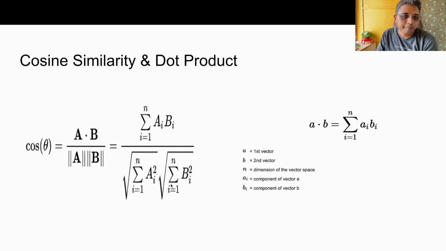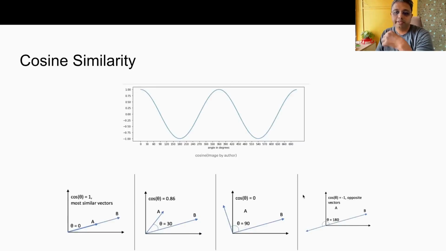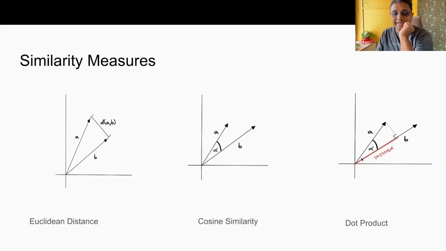When we are dealing with two vectors, let us say A is a query and B is a document. If you normalize the vectors into unit vectors, as shown in this diagram, then as per the unit vector length of A and B,